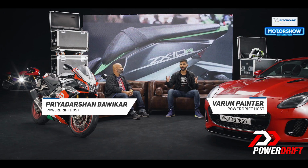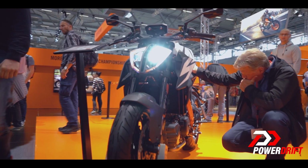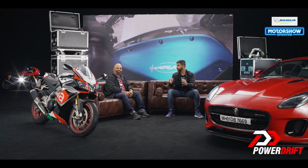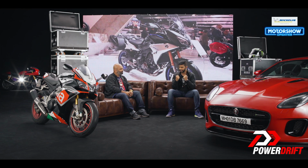Super duper Duke. This bike is definitely on steroids. Now, the world saw a 2019 update earlier in the year, but we are getting to see it for the